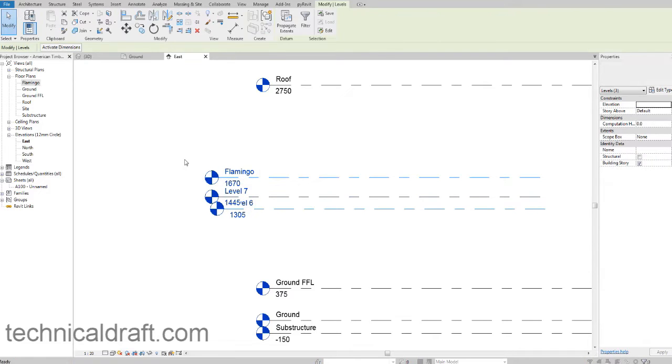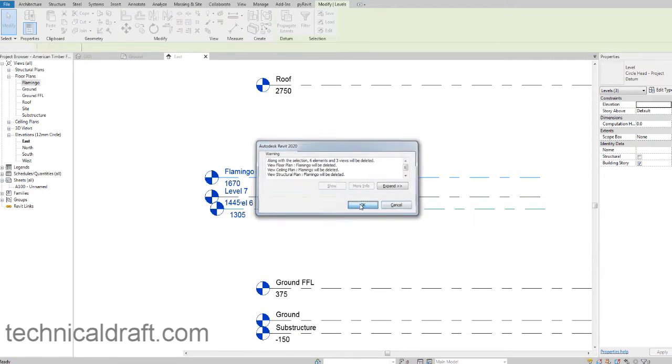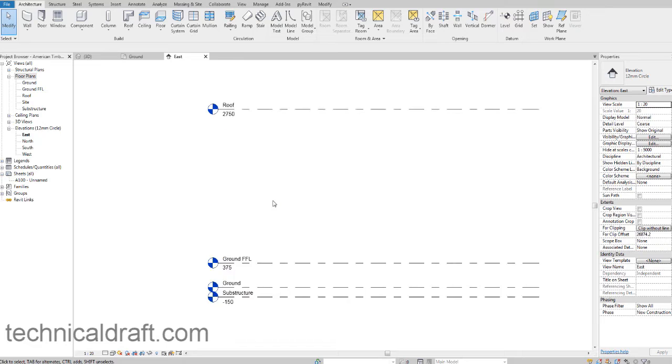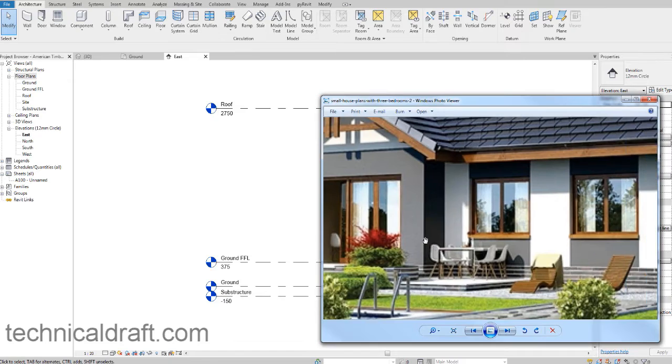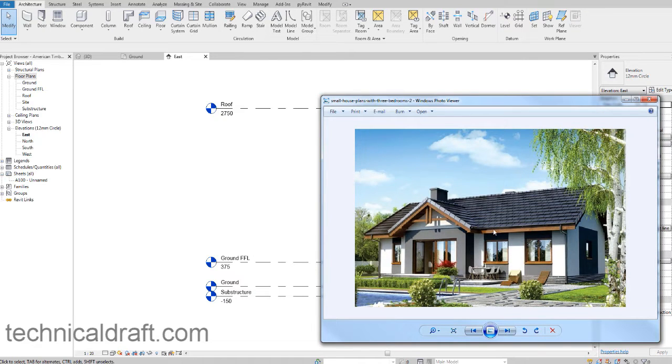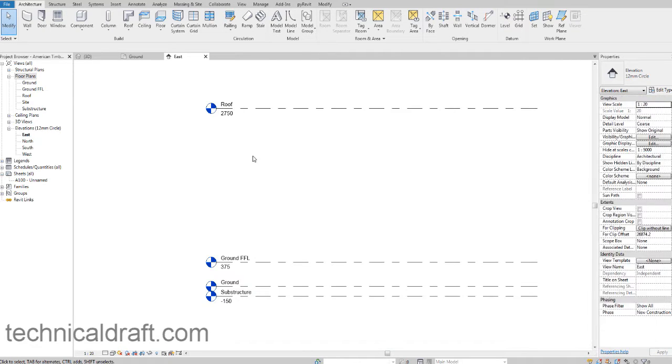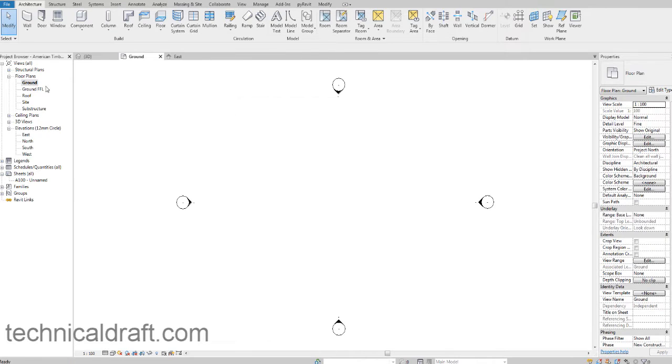Alright, let's get rid of this and let's get on with our work. I'm going into the ground floor and I'm going to start by doing the layout of this. Okay, I've already planned this out, so going into the ground floor, I'm first going to set this scale at 1:50